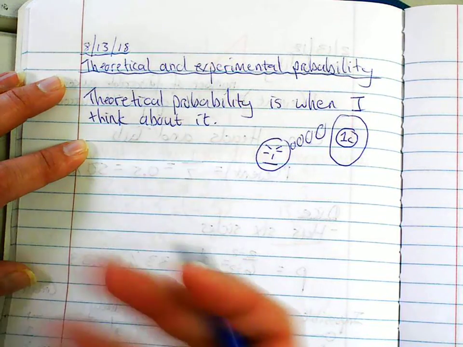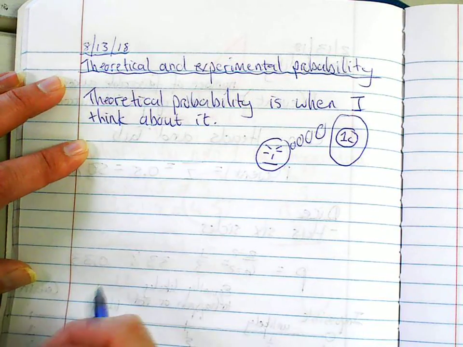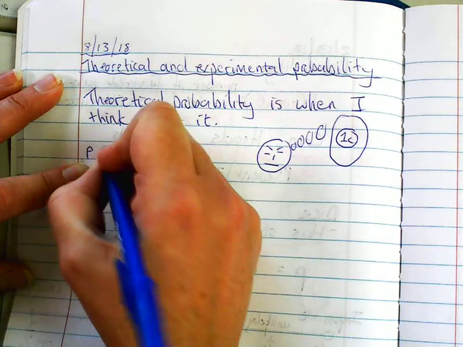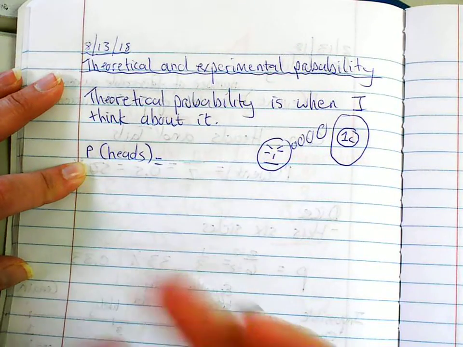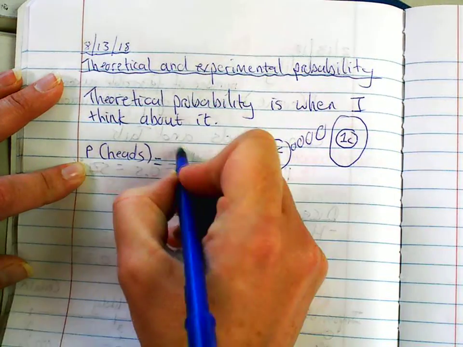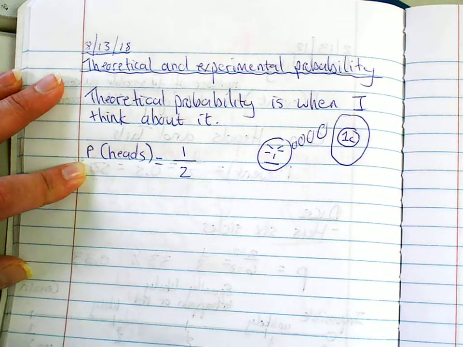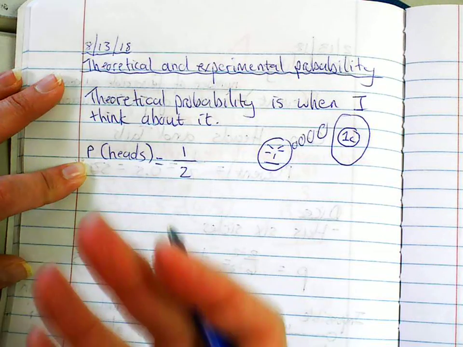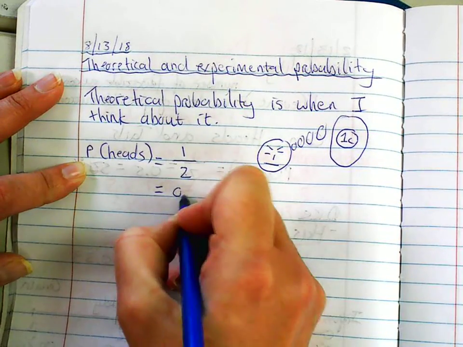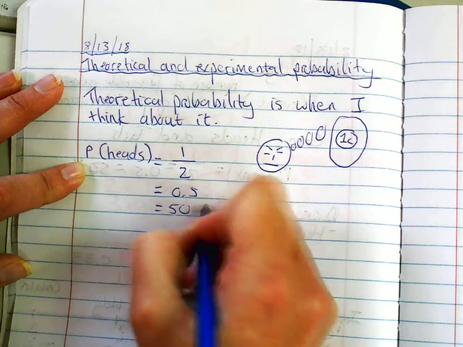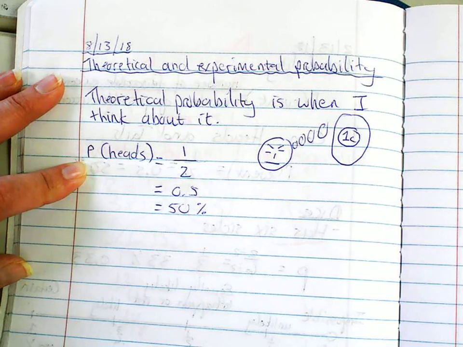And from theoretical probability comes a probability that we can write down. So if I wonder what is the probability that I will throw heads, then I will put the number of heads on a coin at the top, which is 1 heads, right? Because there's only 1 head. But how many total sides on the coin? So I've got 1/2 chance of getting heads. I can also express this as 0.5 or 50%. Okay? So thinking about it is called theoretical probability.